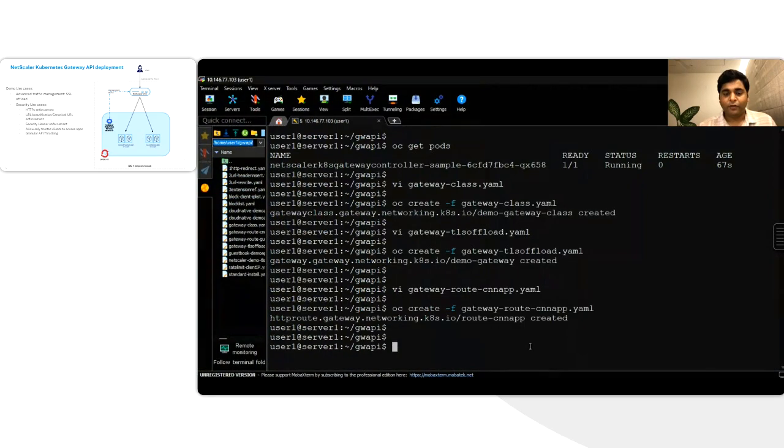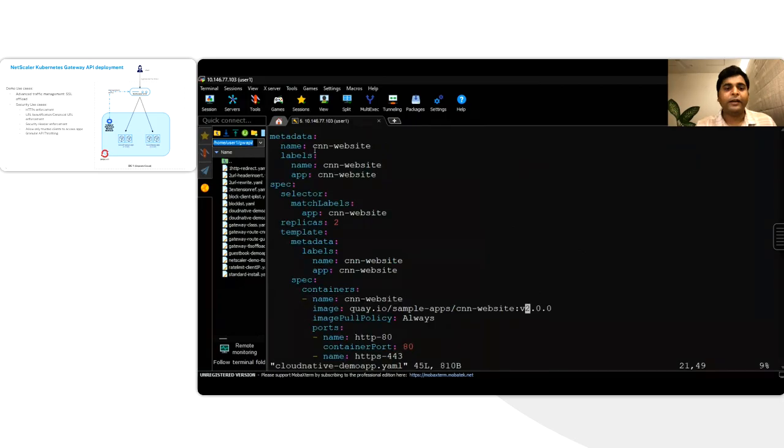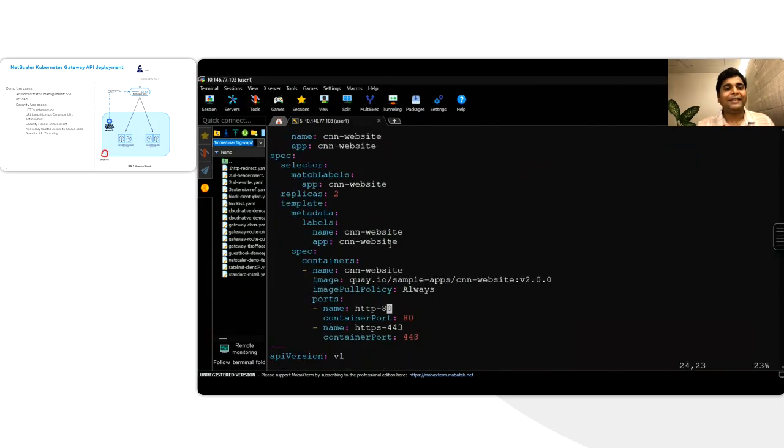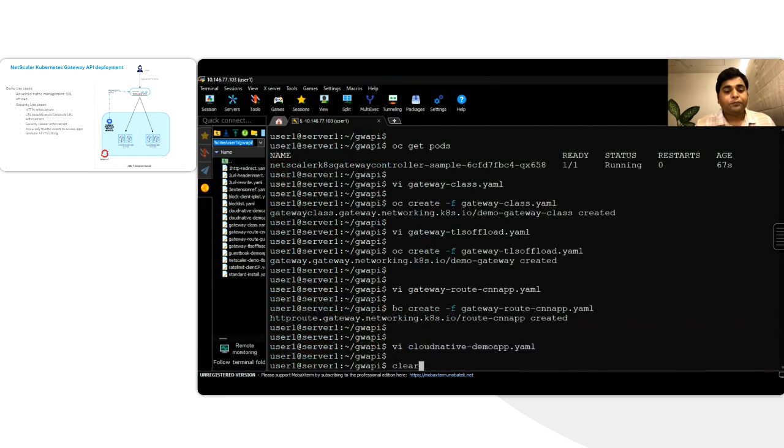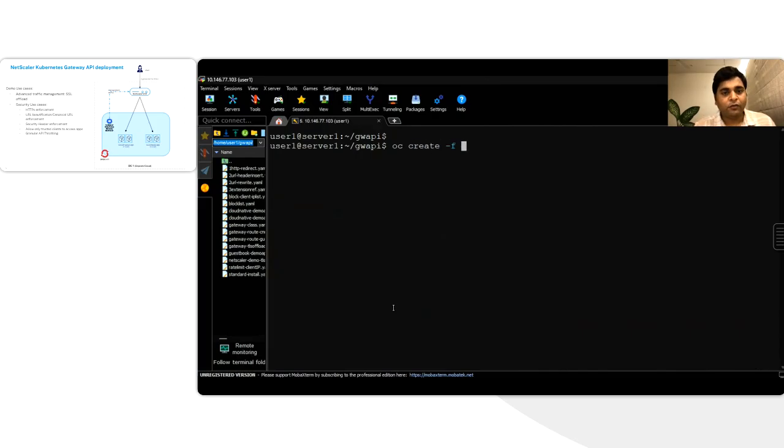One of the reasons it is down is that NetScaler has a health monitor to check whether the backend application is up or down. So far, the developer has not created any application. Hence, our monitors are saying that the application doesn't exist and the status becomes down. So now let's go ahead and do the CNN website configuration. Once we create this application, you would see that we are creating two instances of the CNN website.